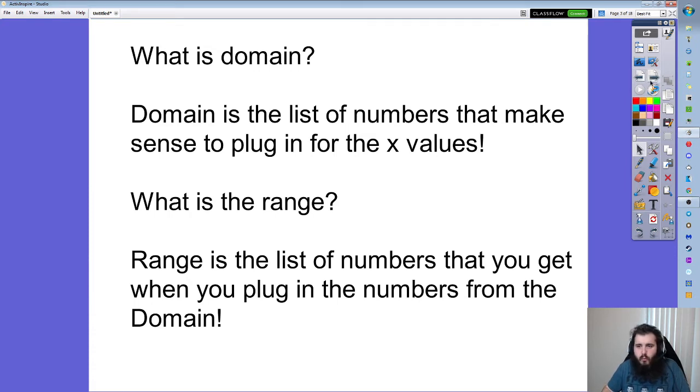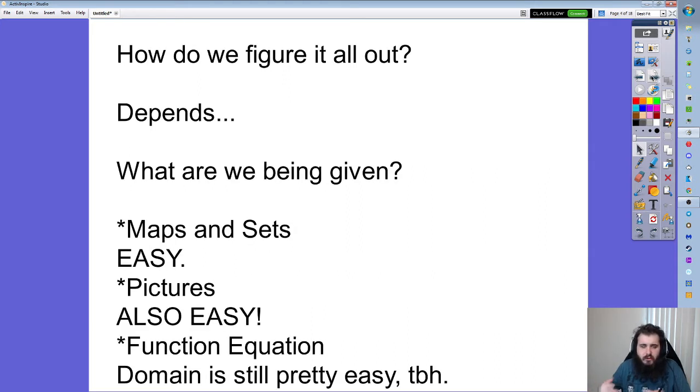And so when we're trying to identify the domain, I think that's the easier part, almost always. It was just, okay, what goes in? Sometimes we're going to ask the question, hey, what can't we put in? And then for the range, we're asking, okay, for all the things that we plug in, what ends up coming out? All right, so let's talk about